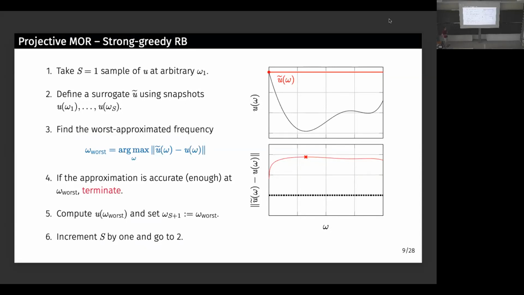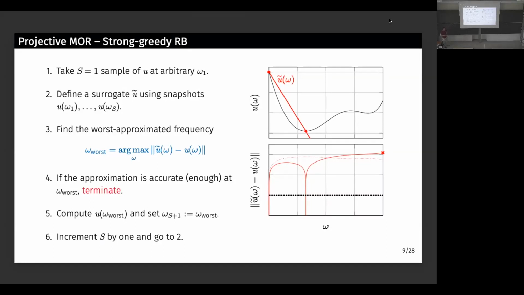And we look at the point where the error is maximum. We look at the value and we say, well, this value is too large, larger than a certain tolerance that somebody has prescribed. So what we do is we just take this point where the error is largest and we add it to our training set, okay? So we improve the quality of our surrogate by adding a sample at the point where the error was largest